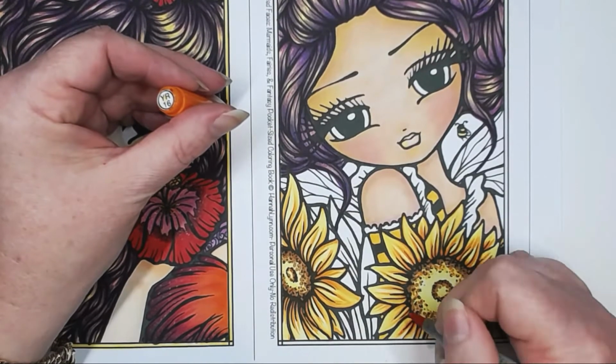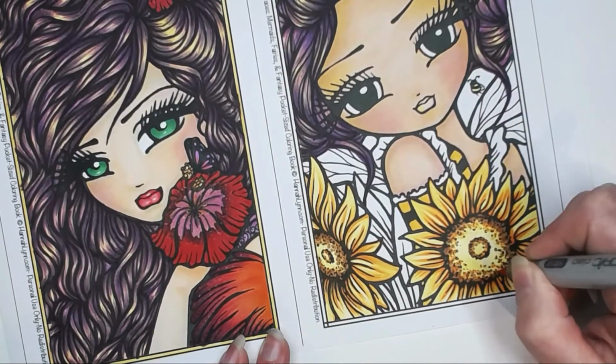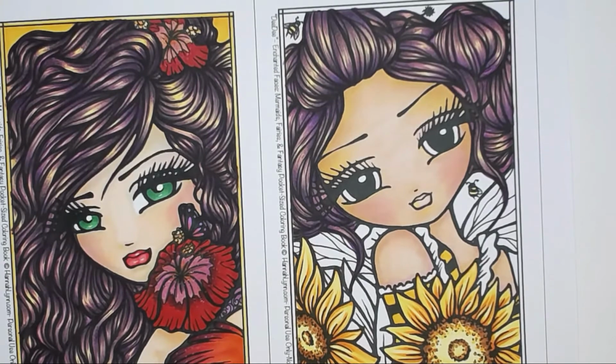So I'm coming in and I'm going to redo the colors that I've done previously, because I want to really make these nice and deep and give them lots of character and things like that. So I want to go in again with a second layer just to do that,